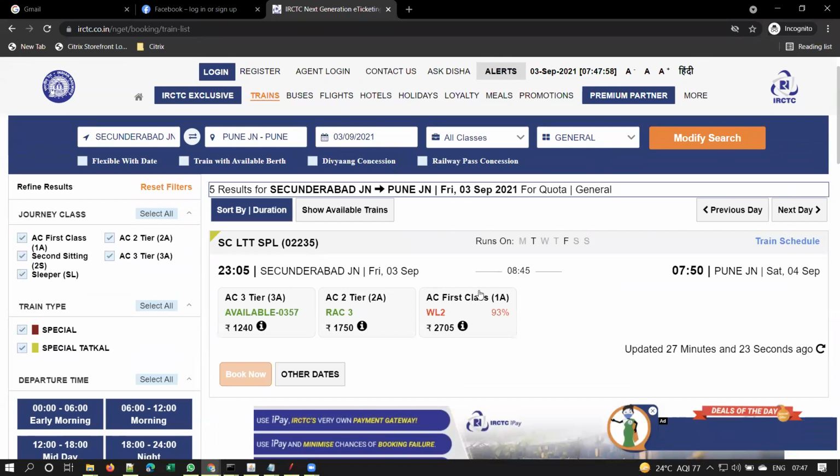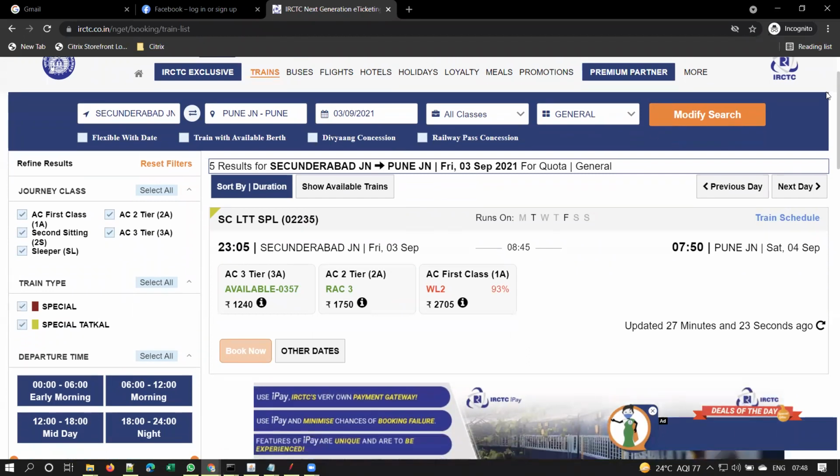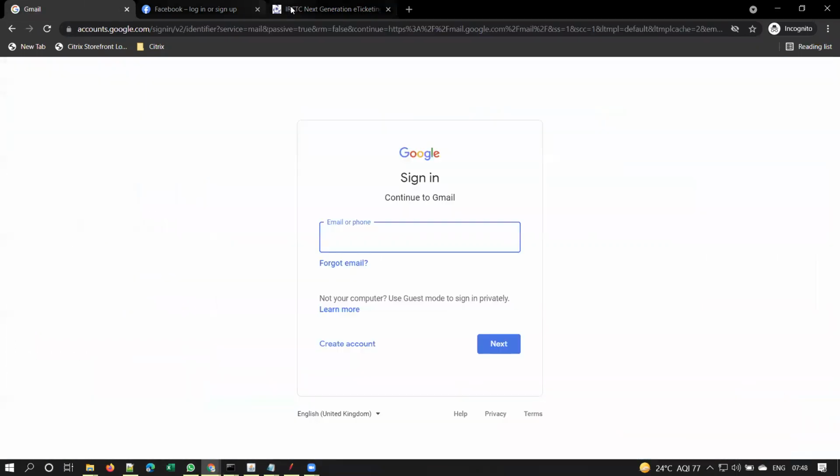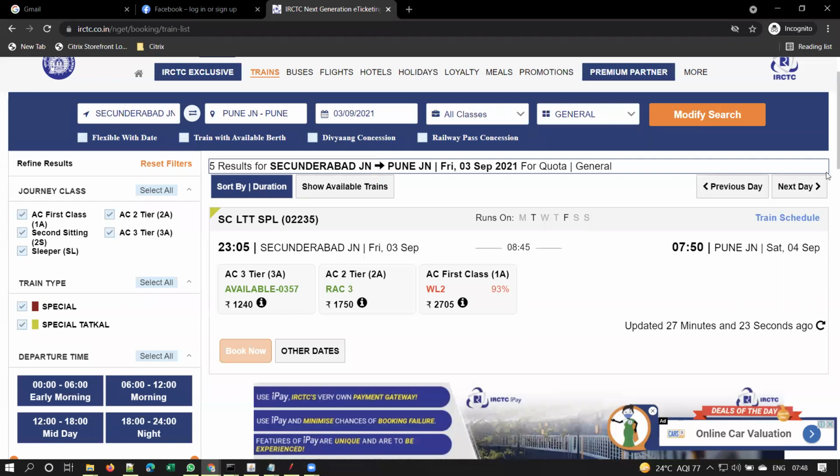Dynamic, because the number of available tickets changes, and the number of trains may also change based on the date you are searching. Some trains run only on a few days in a week, right? So this is a dynamic page.